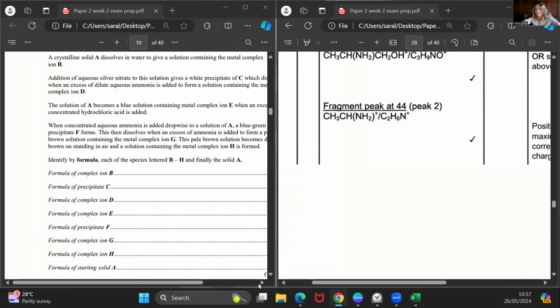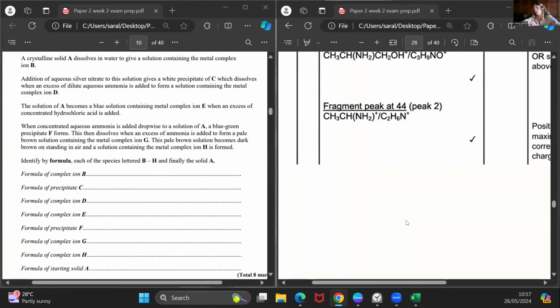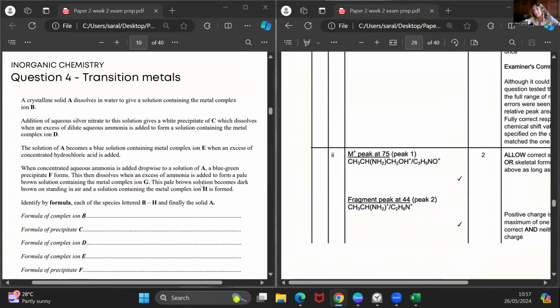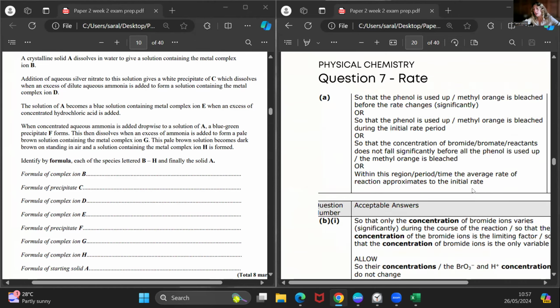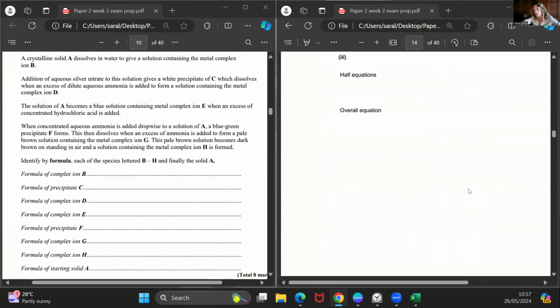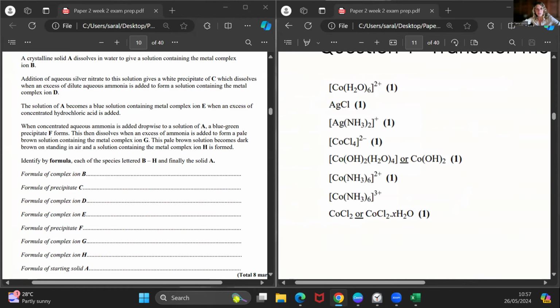I know there is so much going on in this question that it takes a while to analyze, but what I would suggest when you have this type of comprehension question is to have a look at an overview of the question, and some things will come to you right away because they're a bit easier to remember, or you simply have more experience with them. For example, the one that I think is very straightforward is the silver chloride, because you know that that's just the test for chlorine, and that's the formula of precipitate C. And then you can think about, okay, what's the other reaction, and then